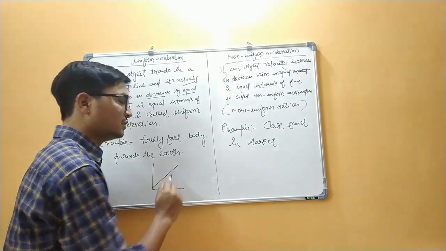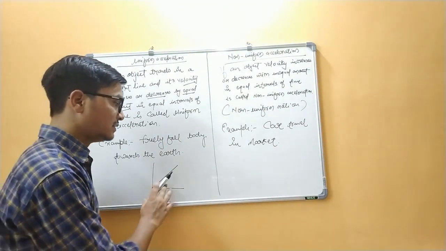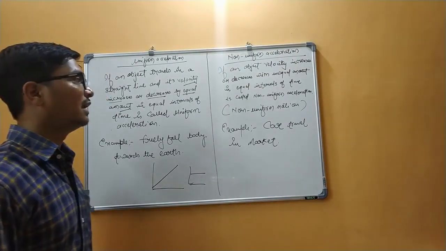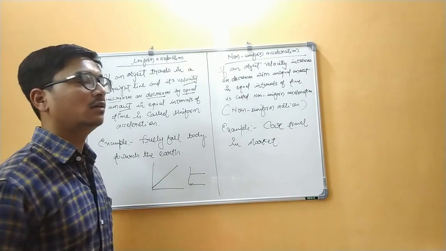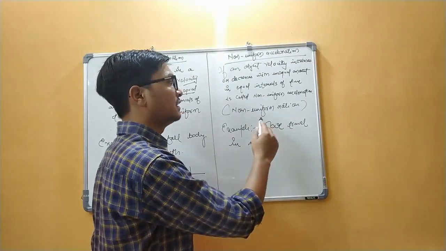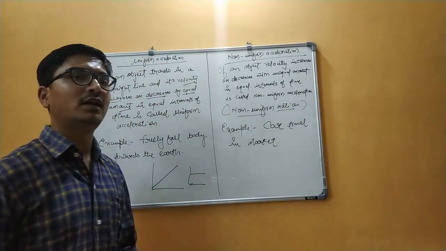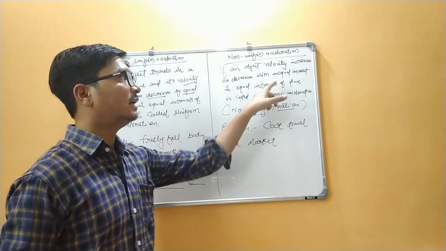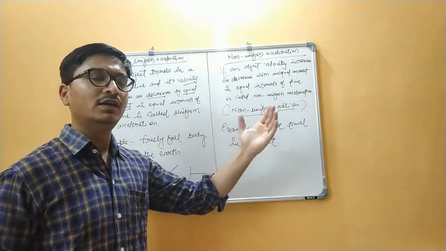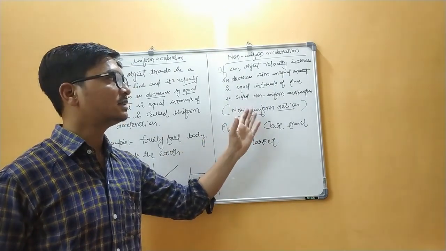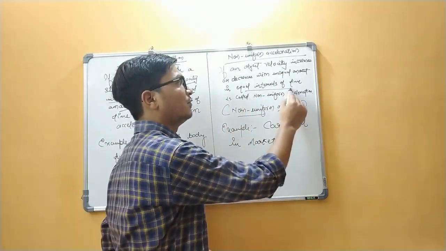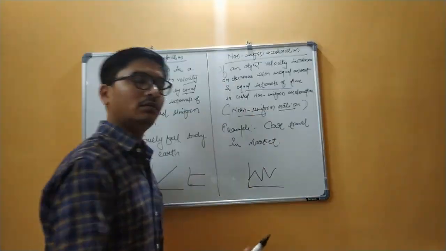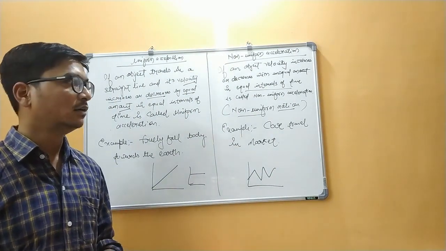This type of acceleration is always in a straight line in a graphical solution. The non-uniform acceleration is just the opposite. I have studied in the previous class that in non-uniform motion, an object covers unequal distances in an equal interval of time. Similarly, the rate of change of velocity would be unequal in an equal interval of time. This type of acceleration is known as non-uniform acceleration, and its graph would be zigzag, not in a uniform motion. Understand?